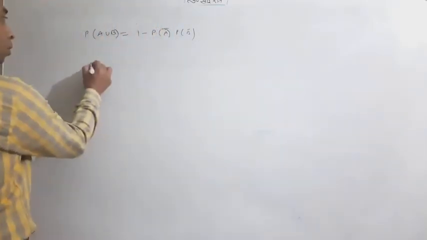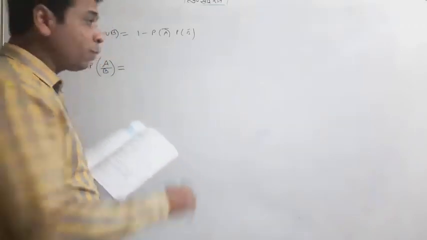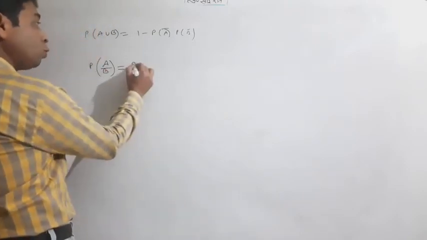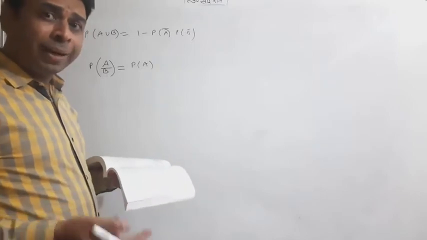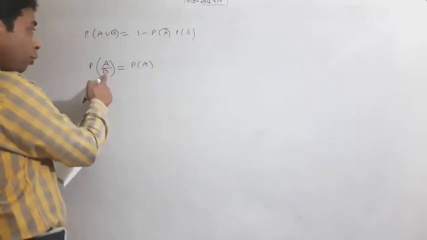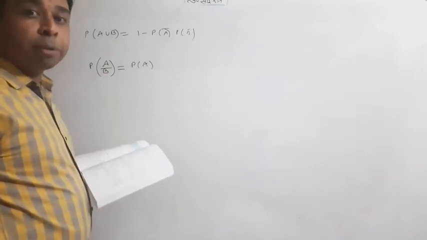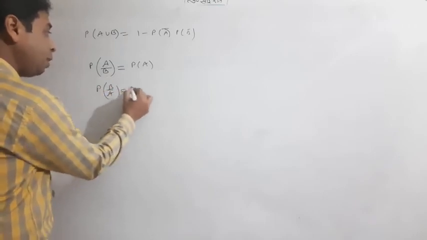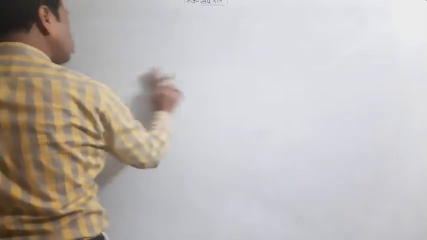What is P of A upon B? I tell you one thing: when A and B are independent, the meaning of P of A upon B is only P of A, because B is nonsense there. A and B are independent, so we can write P of A upon B is only P of A. So there is no meaning of upon B. If P of B upon A is asked, A and B are independent, it means P of B. That's its answer actually, which is given. So I don't think it's a tough one, guys. The 8th one is very easy for you.